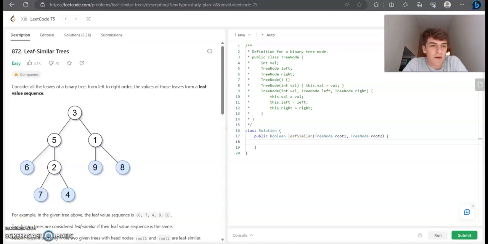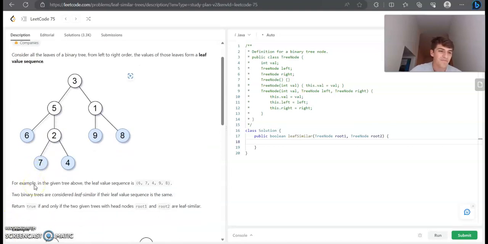So today we have a binary tree problem, Leaf-Similar Trees. Consider all the leaves of a binary tree from left to right order. The values of those leaves form a leaf value sequence. So basically what this problem wants us to do is take all the leaf values, which